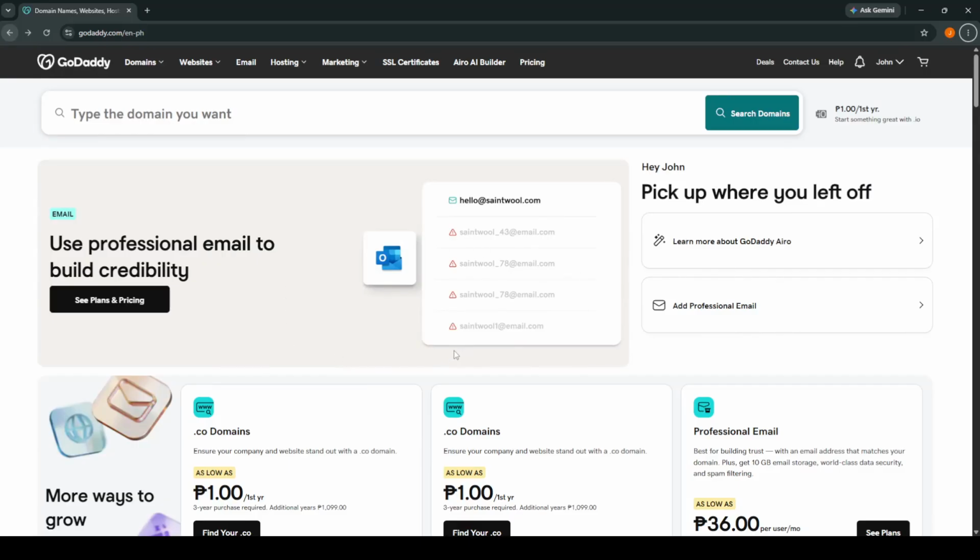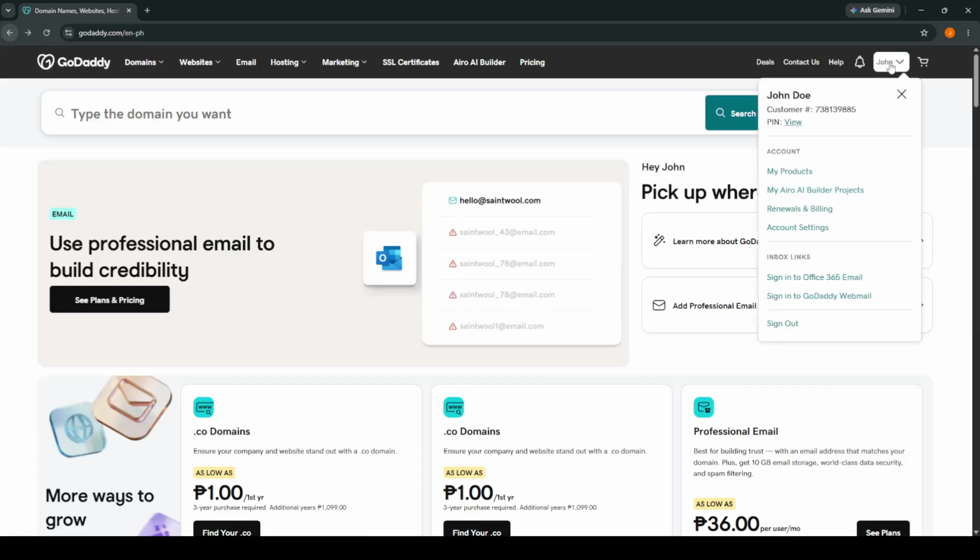Next, once you are in the dashboard, look toward the top right corner of the page. You will see your name or account profile there. Click your name in the top right, and then choose the option labeled Renewals and Billing. This is the key menu that brings you to the exact section where GoDaddy tracks renewals, payment activity, and billing-related